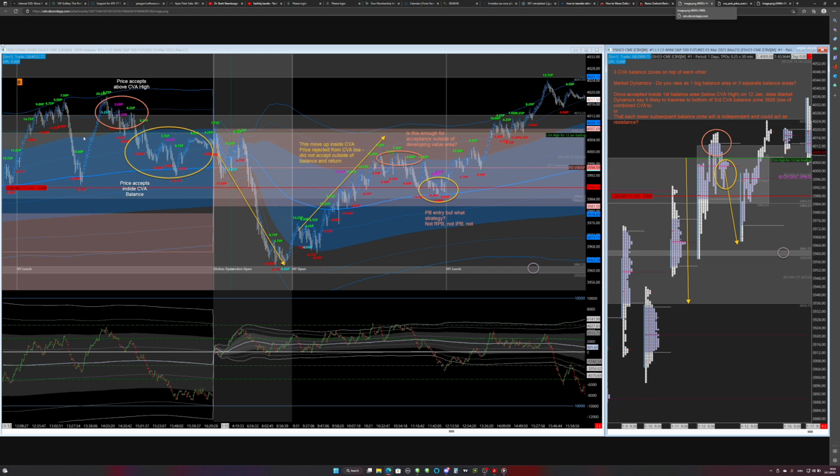That's the top of the value area, not the other grey line. I would have thought that was accepting, and then it came back in and failed, came back in, and then it went back above. I wasn't sure whether that was accepting or not. Yeah, sure, here it looks like accepting, and so far this move looks like a bull